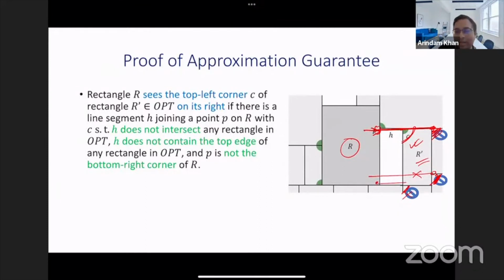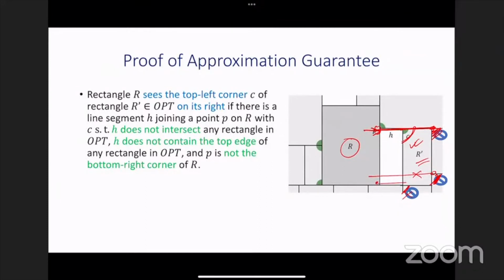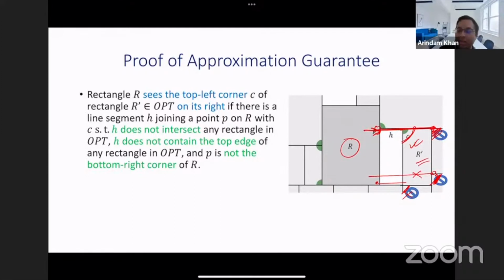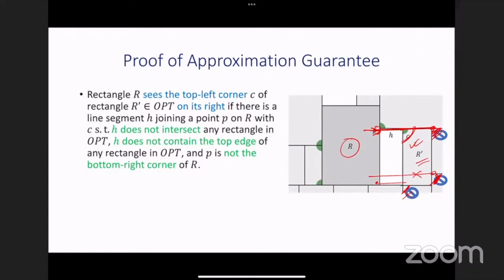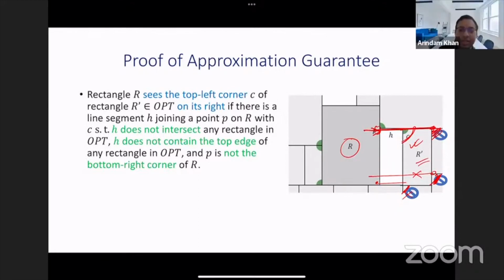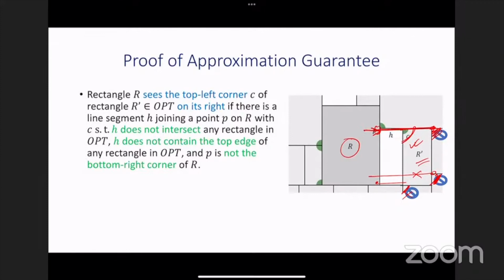You can just assume that if I take a rectangle, I take a corner, and if I join them, and if it does not intersect any rectangle, or it does not contain a rectangle,